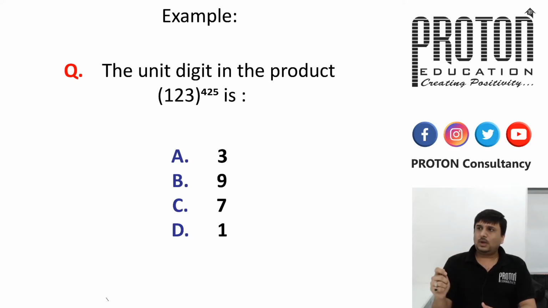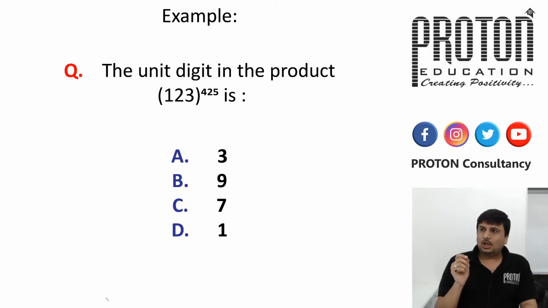Here the example is 123 raised to 425. Finding the unit digit of this number, we have to select the last digit, that is 3. And remember the formula: power divided by the cyclicity, and it gives you the remainder. So here the power is 425. The cyclicity of the digit we have to check, that is 3. So what is the cyclicity for the unit digit 3? 4 numbers. So power 425 divided by 4. Here what will be the remainder? Remainder will be 1. When I divide 425 by the cyclicity of 4, we get the remainder as 1.